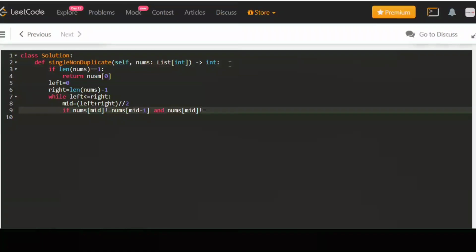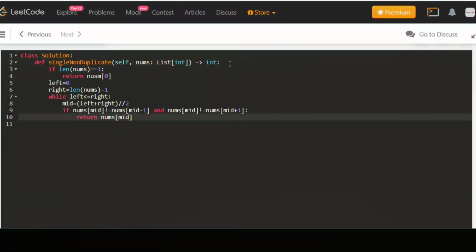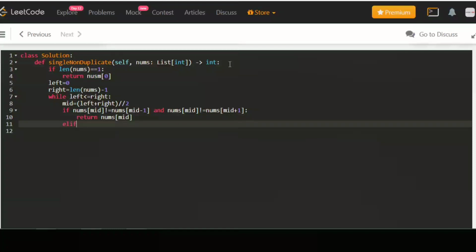So if mid not equals mid minus 1 and mid not equals mid plus 1, we check the three values, and if they are not equal, then we return the mid value.